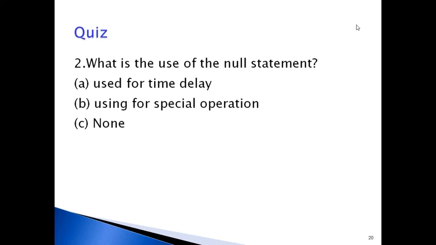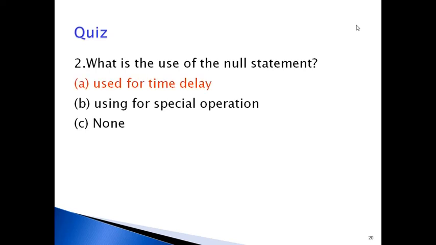Option A, used for time delay. Option B, used for special operation. Option C, none of the above. Which option is correct? It is used for time delay.